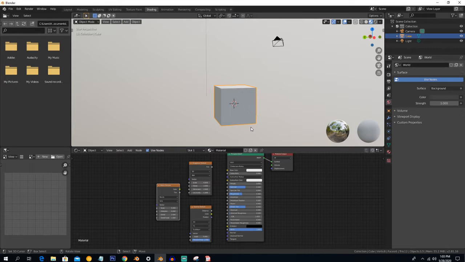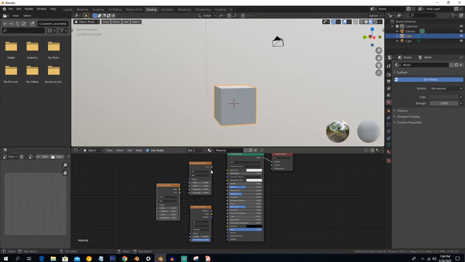Hello guys, today we will talk about procedural textures in Blender. Procedural textures mean to create a texture using mathematical formulas or mathematical values. It has many advantages. It uses less data. You can create infinitely small scale using it, and any desired result, any texture you want, you can create by procedural textures.